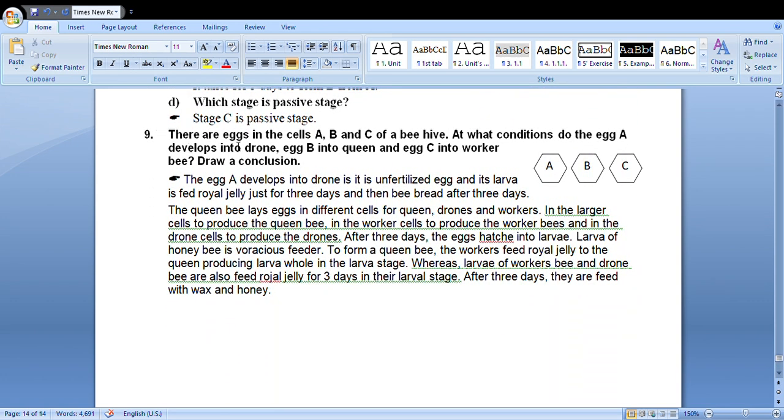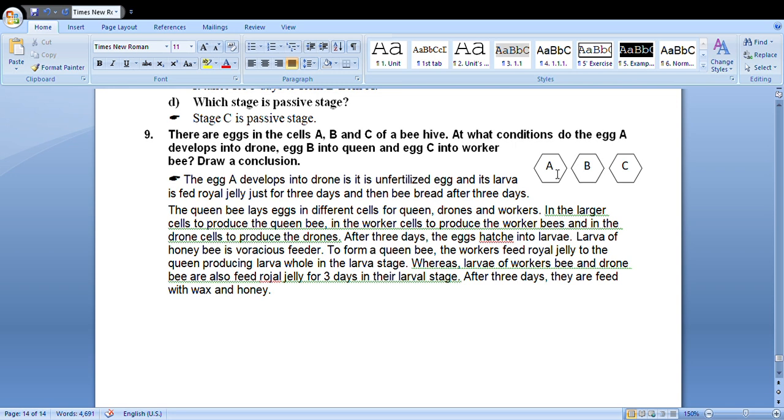Question number 9. There are eggs in the cells A, B, C of the hive. At what condition do the eggs A develop into drone? A develops into drone, egg B into queen and egg C into worker bee. Draw the conclusion. Under what condition does A develop into drone, B into queen and C into worker? Obviously we know that